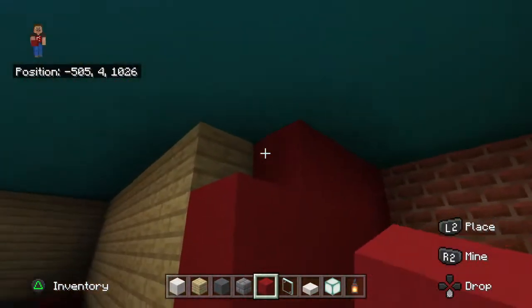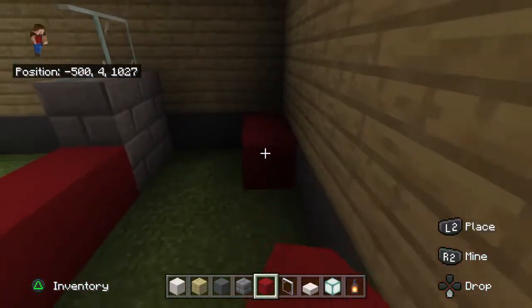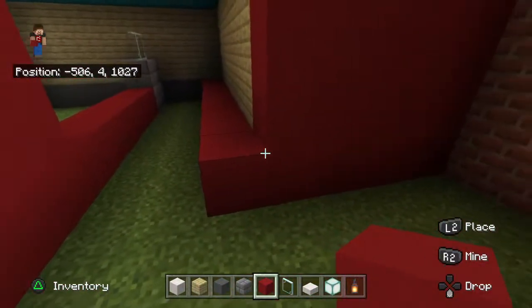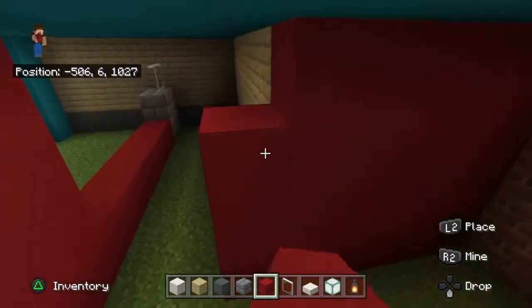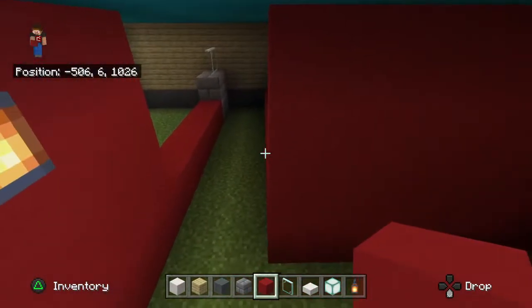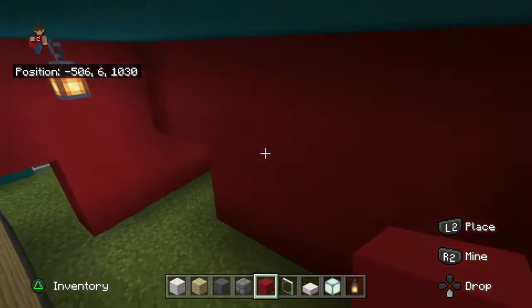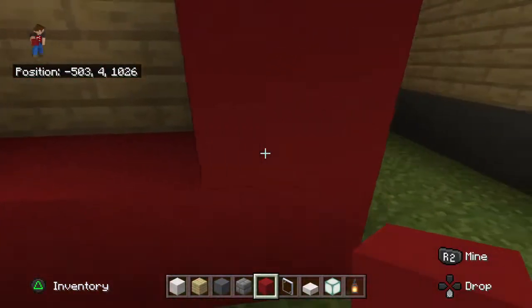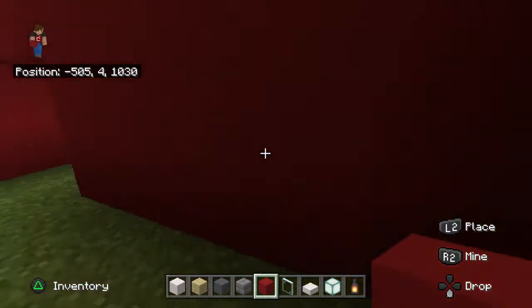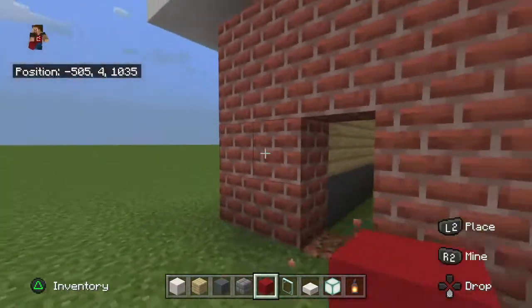And then we're going to kind of place a row. We're going to extend the red concrete here in the back corner. We're going to extend it across and join it to this little wall. And now we're going to make a bit of a partition in that we're just going to join the red concrete together at the top, and we're going to leave these 2 blocks alone so that we can walk through this. We can even make a little employee entrance / exit here at the back,